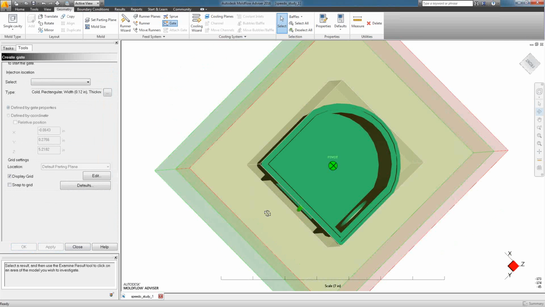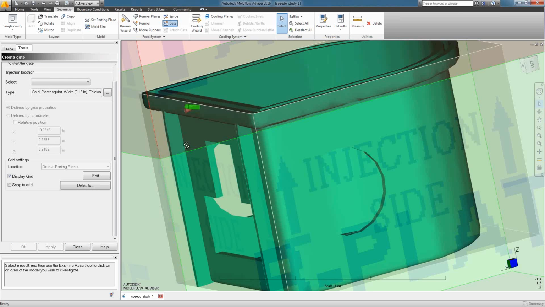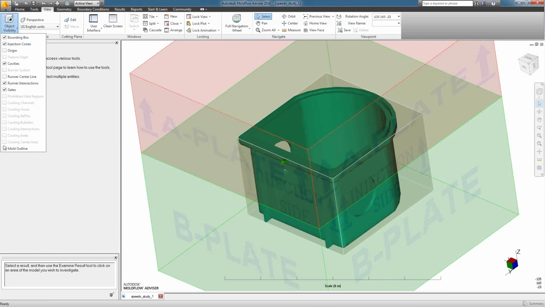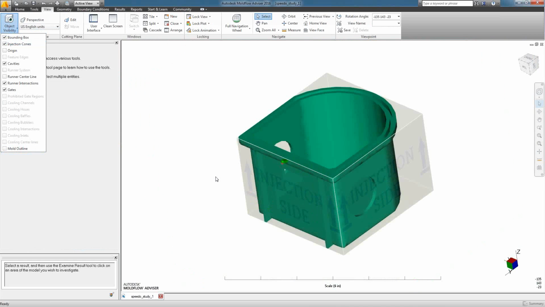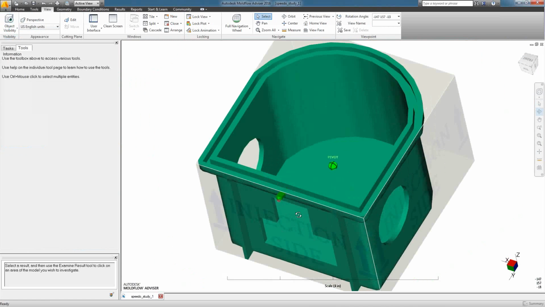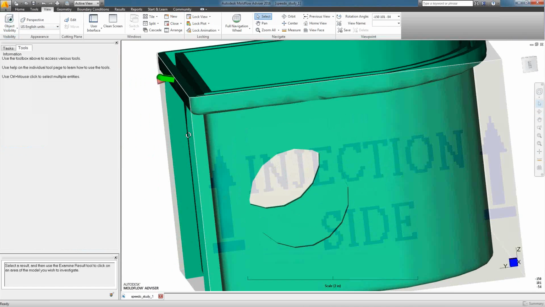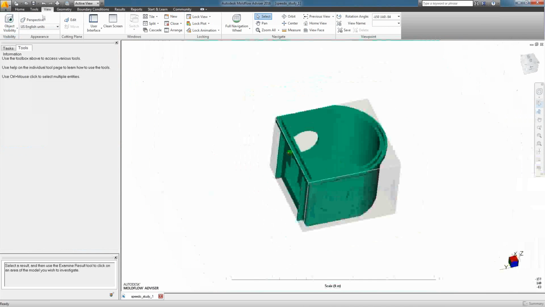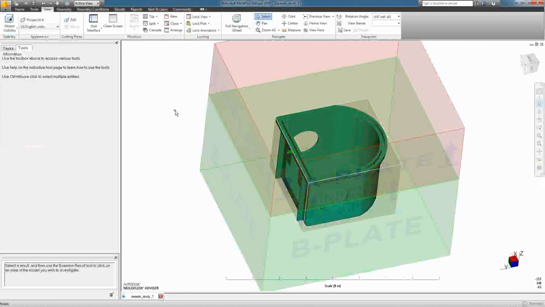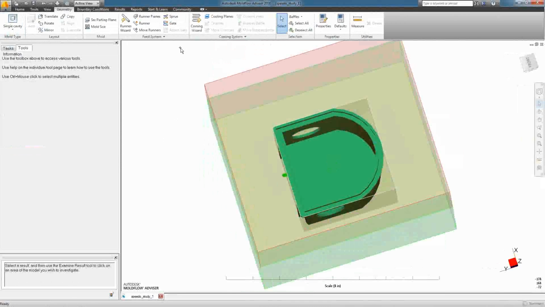Now the one thing that you might notice is sometimes these plates get a little bit in the way of reviewing your model. So if you wanted to hide these for now, you can go up to this View tab here, click Object Visibility, and uncheck the mold outline. So that puts it in the background, out of view, out of sight. But it's still there once you do decide you want to look at it. So I'll turn that back on just for now and switch back over to the Geometry tab